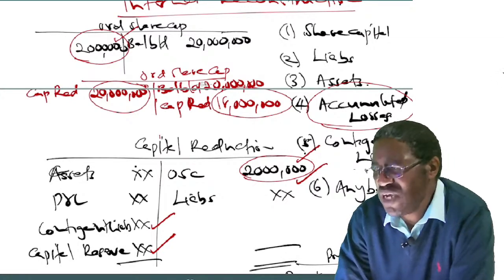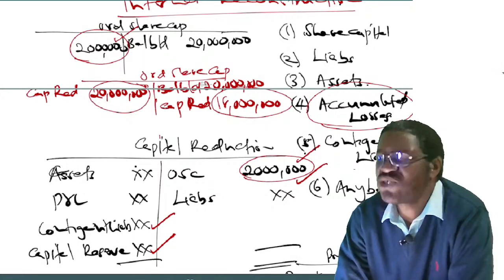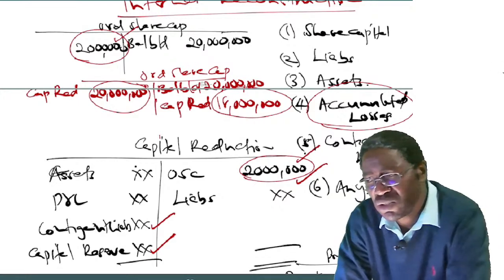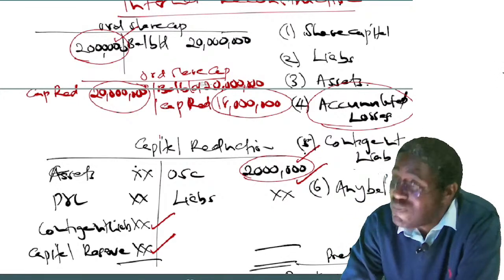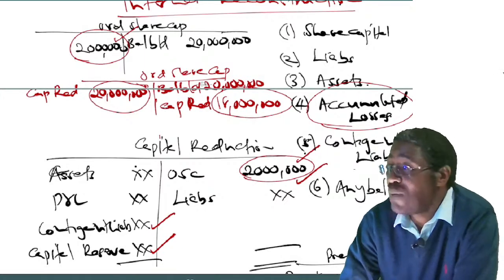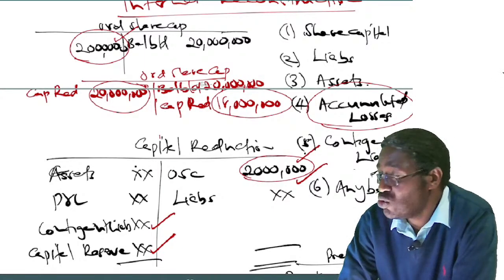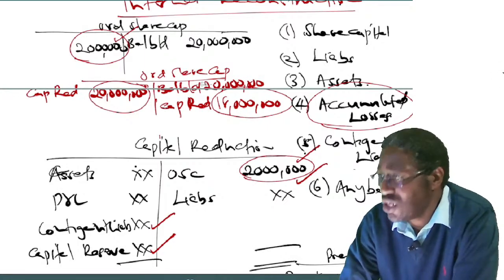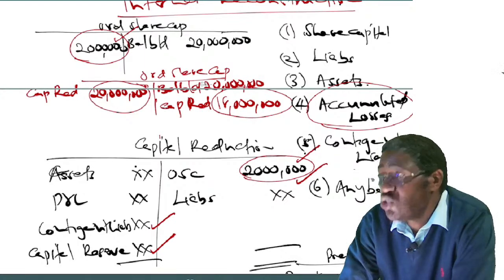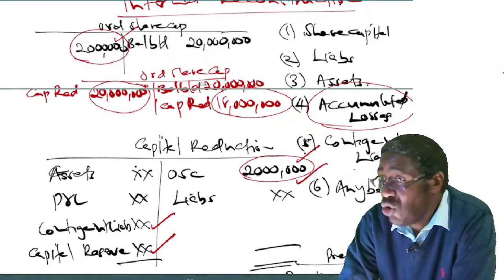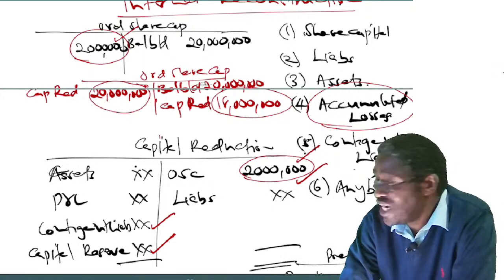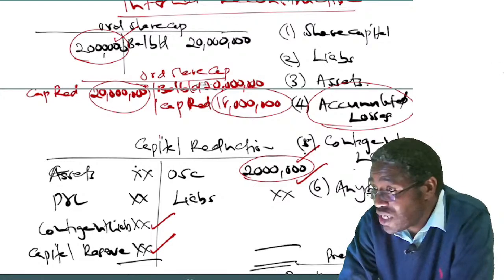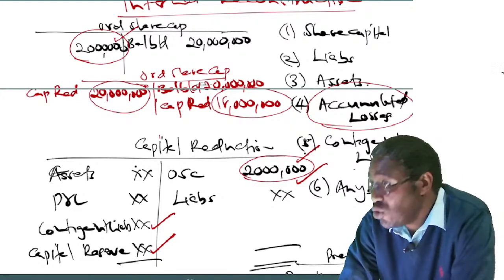We called in the debenture holders. We told them, yes, we owe you 40 million, and they agreed to write off 4 million. So with that 4 million, we had to debit debentures and credit capital reduction. Again to you, is that a gain to the company, or do you think it's a loss to the company? Again, I want you to chat.